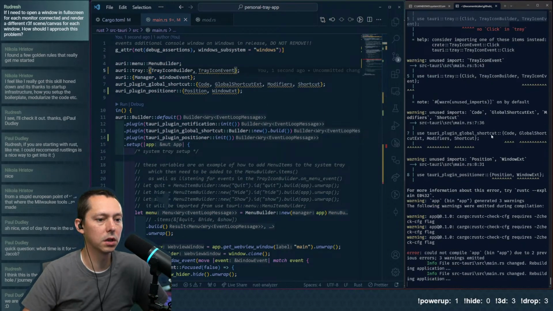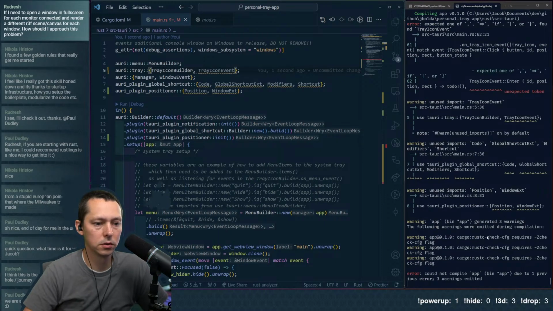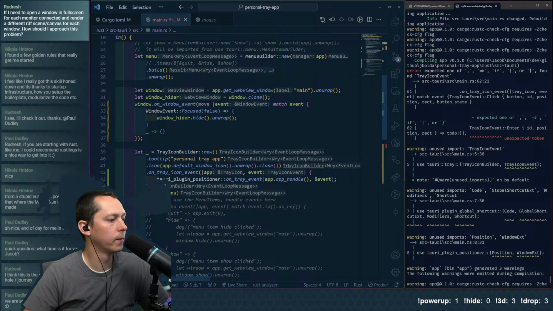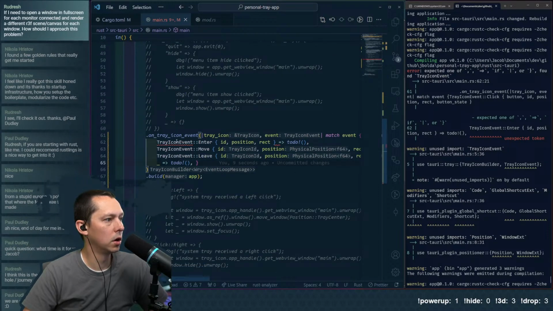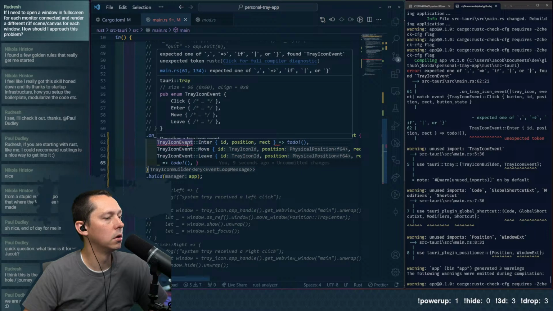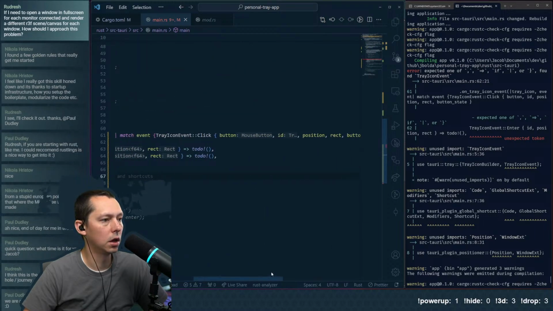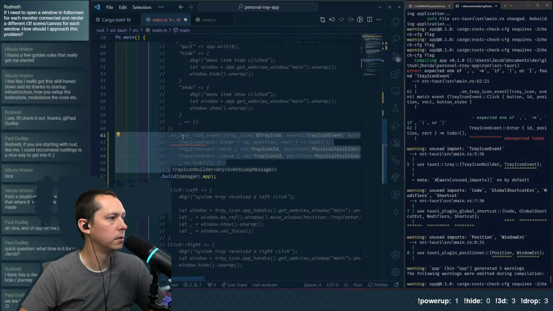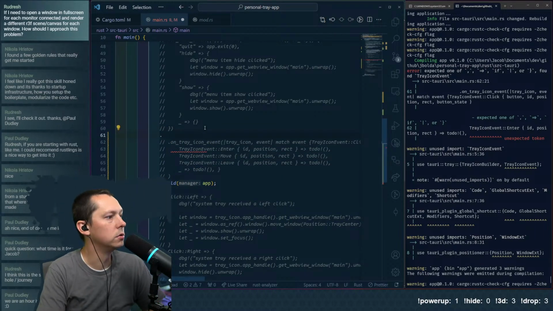I don't know if that's going to clear up some of these errors, but unexpected token. So I don't need an enter, move, or leave. And I think some of this generated weird. So what I'm going to do is start out fresh and see if I can get some help with